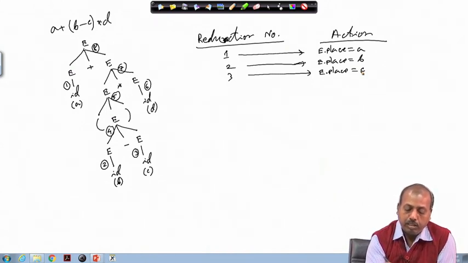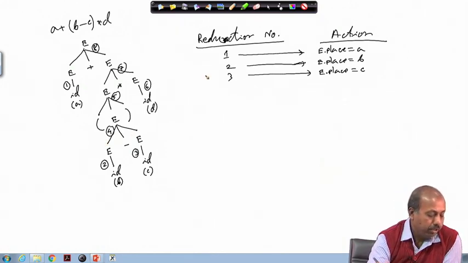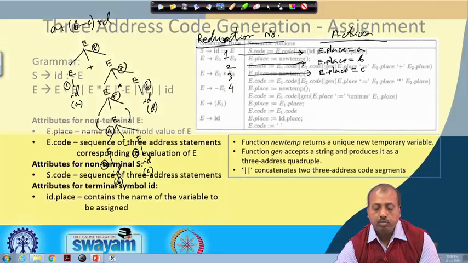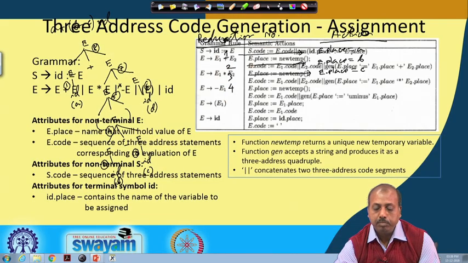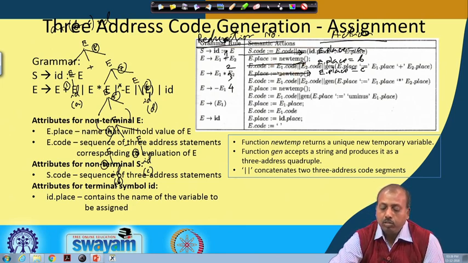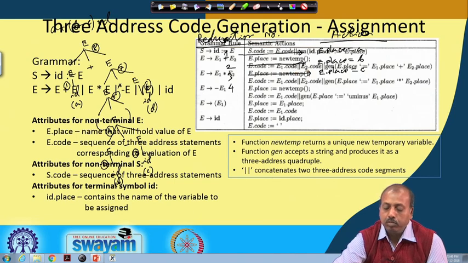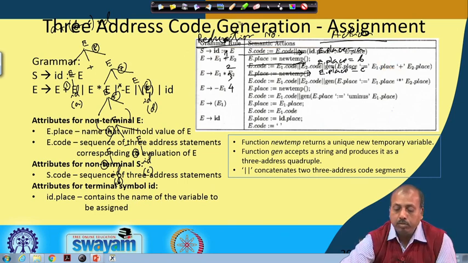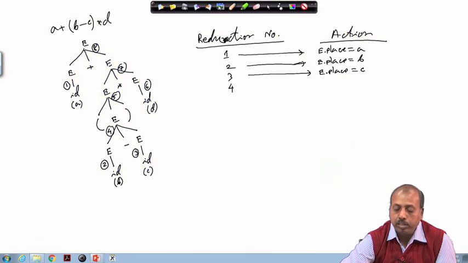Now, reduction number 4, E minus E. Now, I have to get a new temporary variable. If you look into the rule again, E plus E and E minus E are the same. So, E dot place equal to new temp, and then E dot code is the concatenation of E1 code, E2 code, and generate E dot place equal to E1 dot place plus E2 dot place. That way it will generate this new code E1 dot place plus E2 dot place.